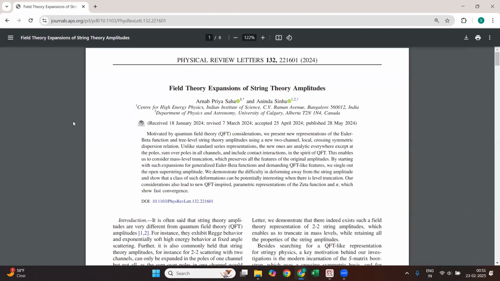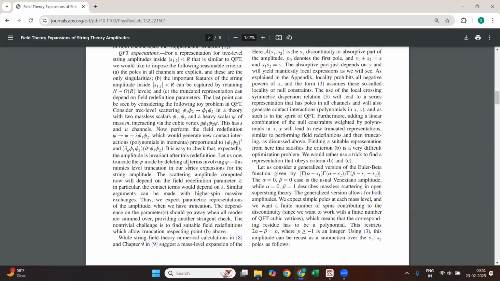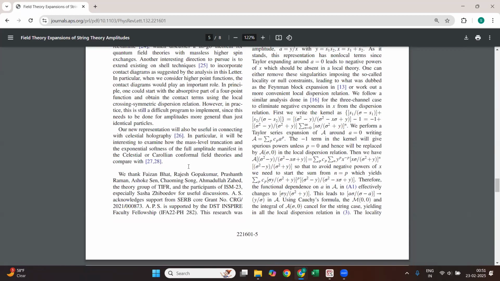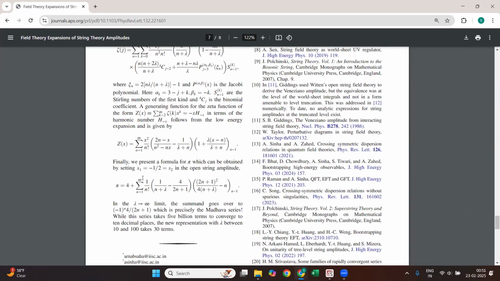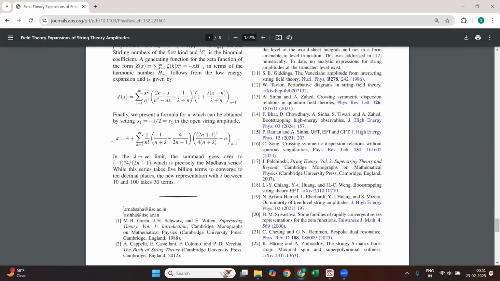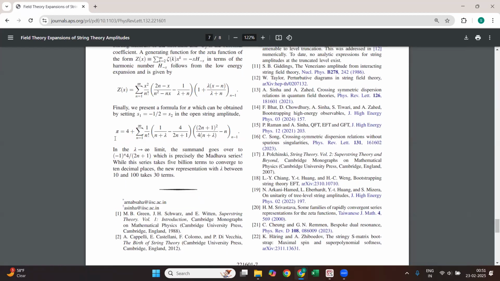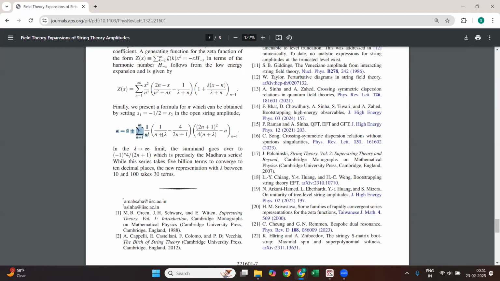These are string theorists from IISc, and this is the paper that they wrote. And there's a lot of math over here. You could go through this. I'll attach the link of this paper in the description. But towards the end, they presented a very interesting formula for pi, which is this. And I'll tell you about this formula, but we'll be trying to compute the value of pi using this particular